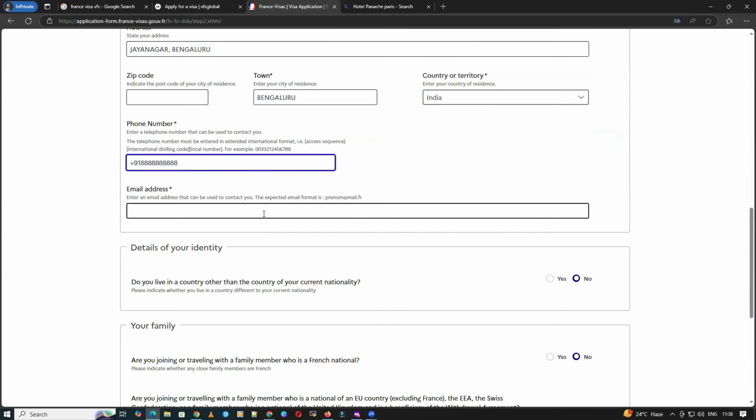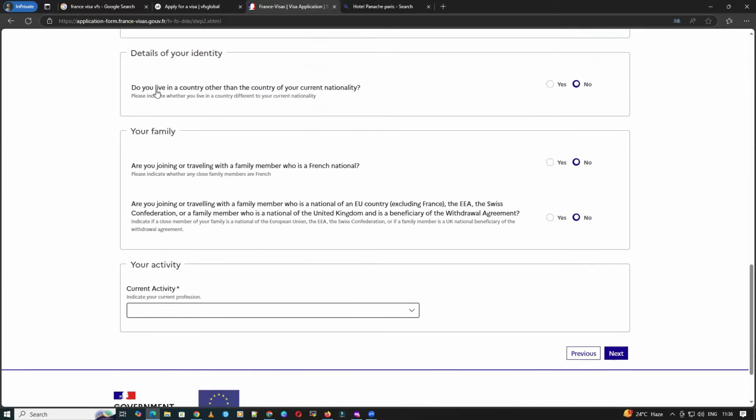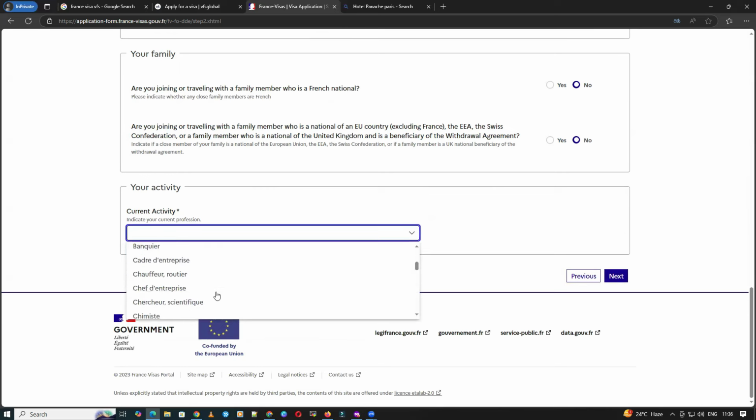Email address, I'll just give it for video purposes. And identifier visa: do you live in any other country apart from your current nationality? No. Are you joining or traveling with a family member? No. Are you joining a travel member who is a national of the EU? No. So your current activity is, I'm just going to choose this as